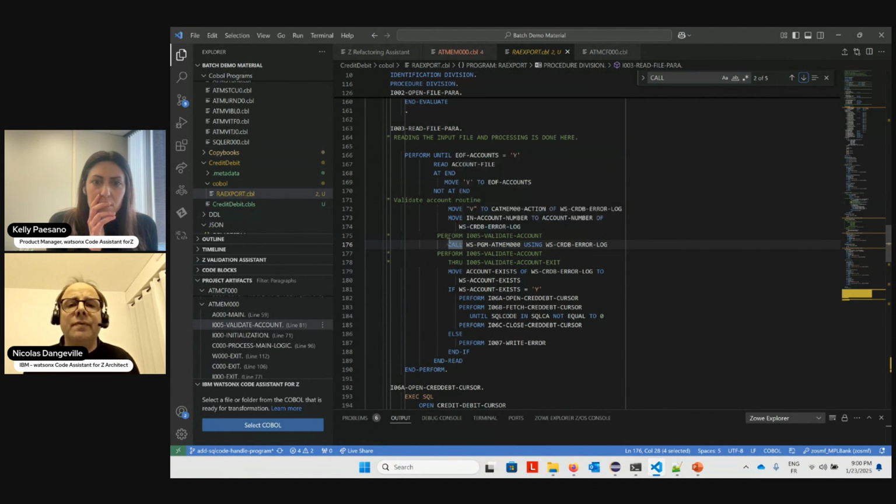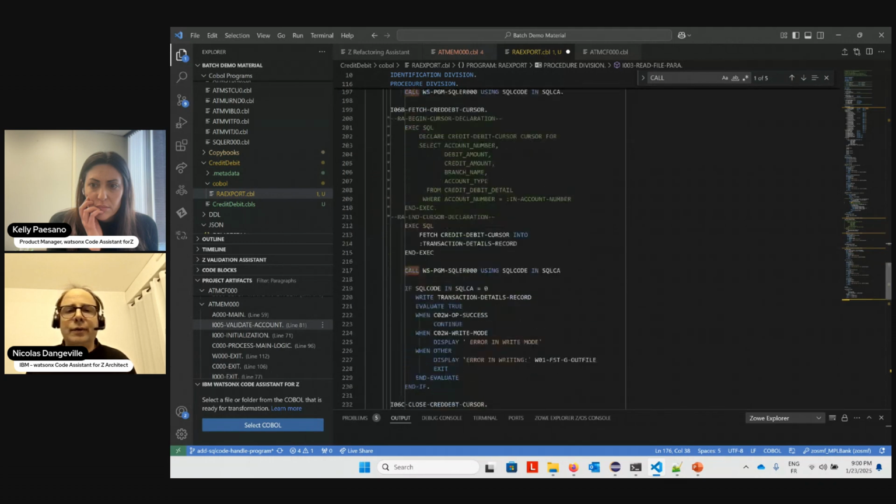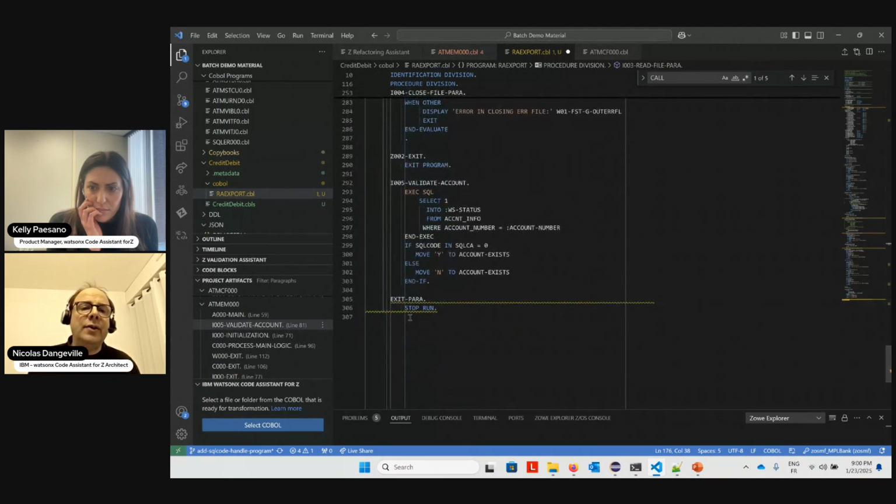It kept using, remember the second program, instead of using the snippet that I've extracted. It's possible to do that, but I did not set it up this time. So I'm going to make that change. And if I continue to explore, I see that it also generates a paragraph to exit, but I've got Regex that does that already. Exit program here, so I don't need it. All right, let's save this.